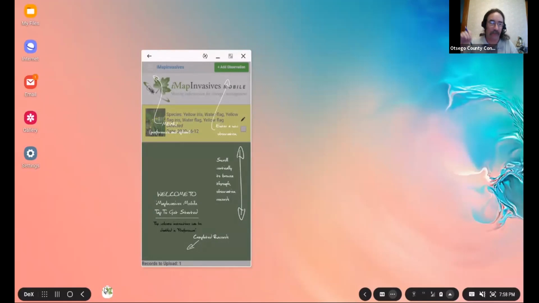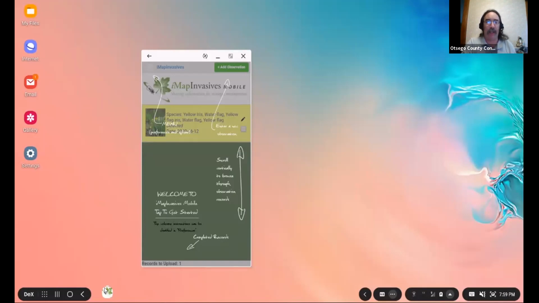So you've gone through and signed up, and just for anybody else who might be watching this at some future point, it's critical that, as Donna mentioned, you sign up on the desktop first, and then when you download the iMap app for your mobile device, you use the same username and password. Otherwise, you will get an error. A couple of years back, they changed the username system, and I think it screwed everything up.